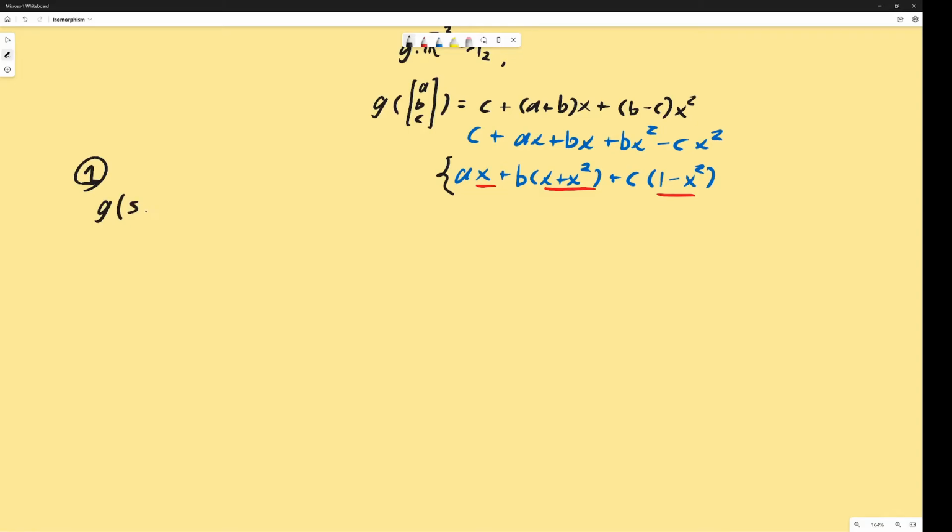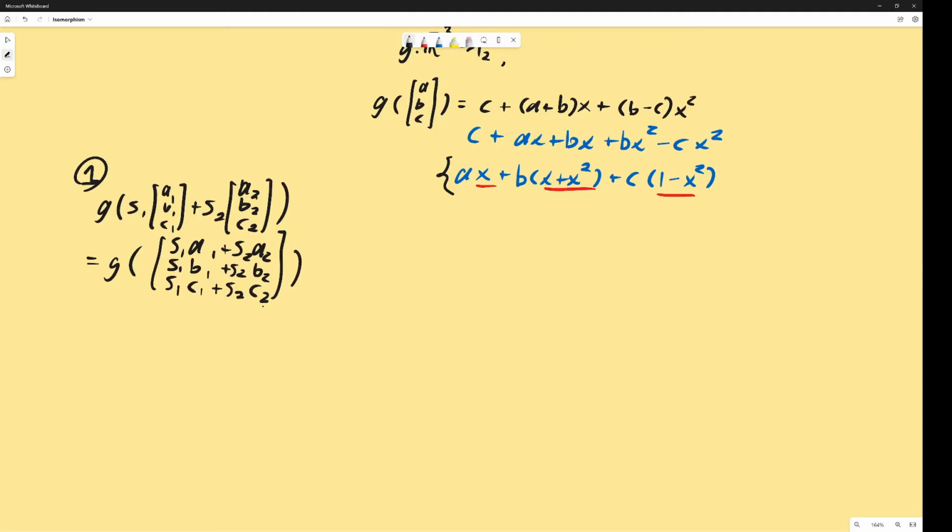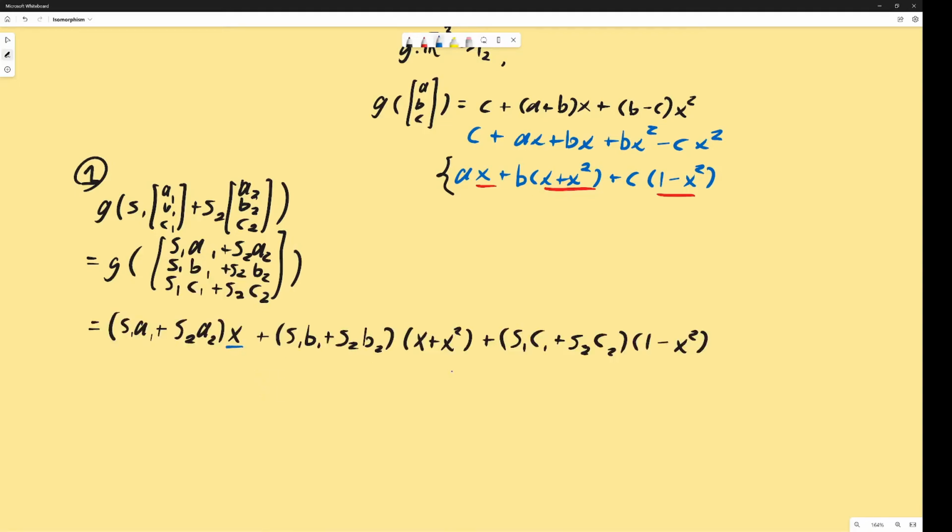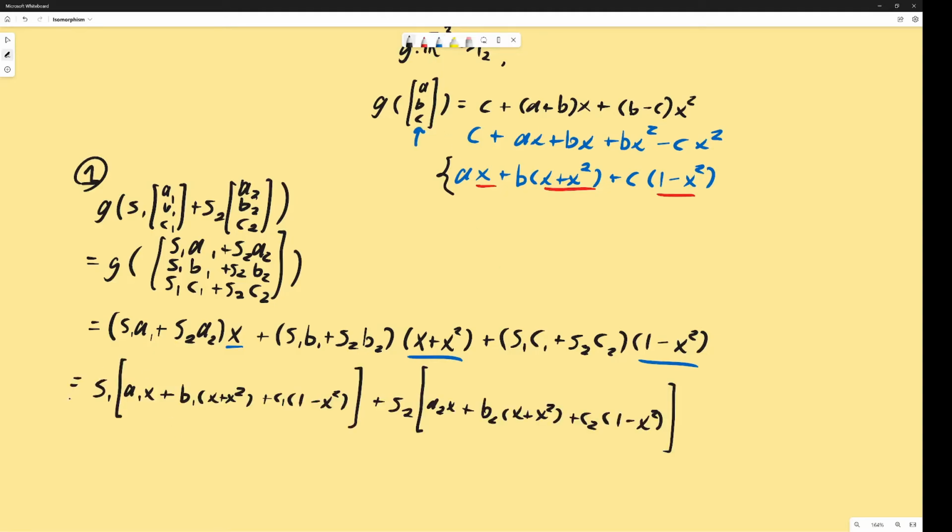In other words, G applied to, again, S1 times (A1, B1, C1) plus S2 times (A2, B2, C2) should be the same thing as S1 times G applied to the first vector plus S2 times G applied to the second vector. As we did in the last example, we can simplify the input on the inside to S1A1 plus S2A2, and we can do the same thing for the second and third components. And then when I evaluate it, I get the following result, multiplying x, x plus x squared, and 1 minus x squared, where, for example, S1C1 plus S2C2 is treated as C in the original transformation,